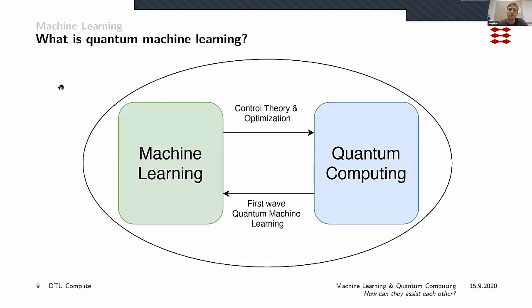Yeah, so the VQEs, I would definitely place in this entire circle right here, right? Because if you use it for a machine learning task of some sort, you definitely solve some sort of classical problem. But if you only work with quantum data and you only infer on the quantum machine itself, you would still need the control theory and the optimization part, because that's part of the VQE itself, right? You have to have some sort of classical outer loop. So maybe it's some sort of hybrid, but I would say definitely it draws on all of these.